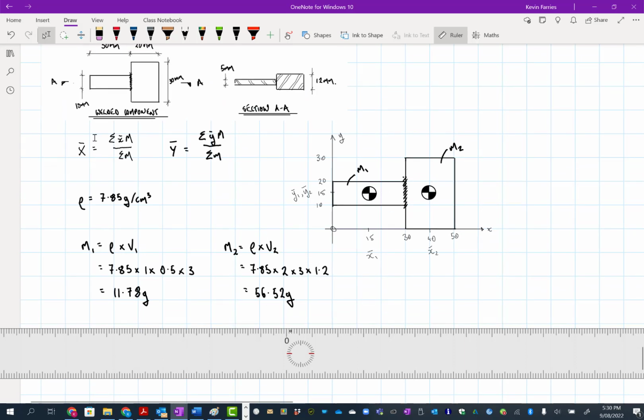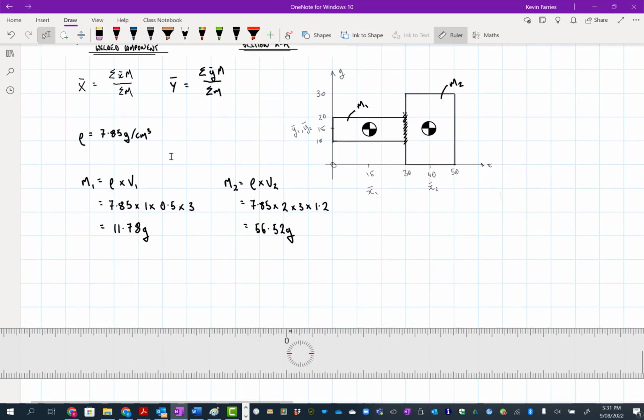So then we're going to use, well, we already know the centroids as well. So we know where the centroid of this simple shape here is. We know where the centroid of this simple shape here is. So now we're just going to substitute those into this equation. So what we're saying is,